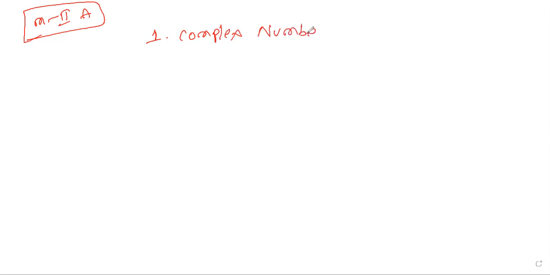This chapter will take 2 to 3 classes. The basic requirements we have to know are the complex numbers. Today, in the first class, I'll try to discuss the things required: what is a complex number, how to add and subtract, how to multiply and divide, how to find the modulus, and we have to see additive inverse, multiplicative inverse, and the properties of complex numbers.